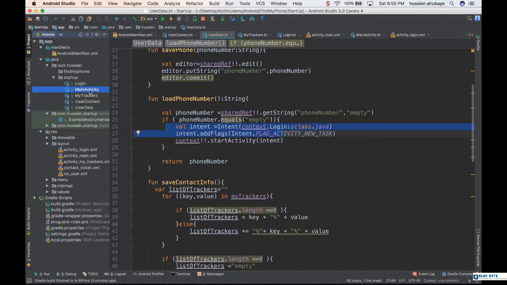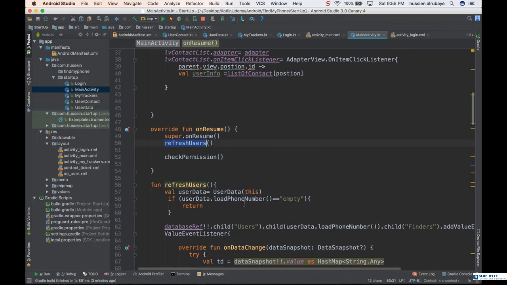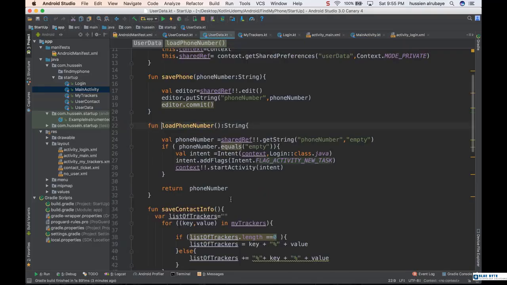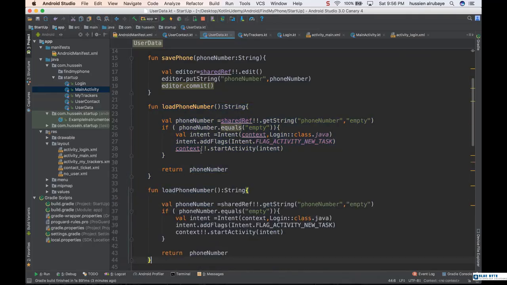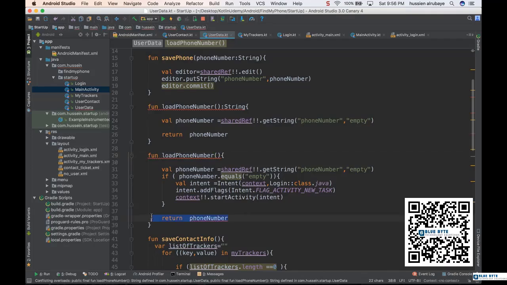Then the application goes to the next step, which is onResume, and it checks again, checks permission, refreshes, and calls the same method, and it will do the same process for you. It should start again. So I would try to separate these two functions. So doing this process for if it's empty, return that one. I will not do it here, and I will do it only here. And this one doesn't have to return anything,